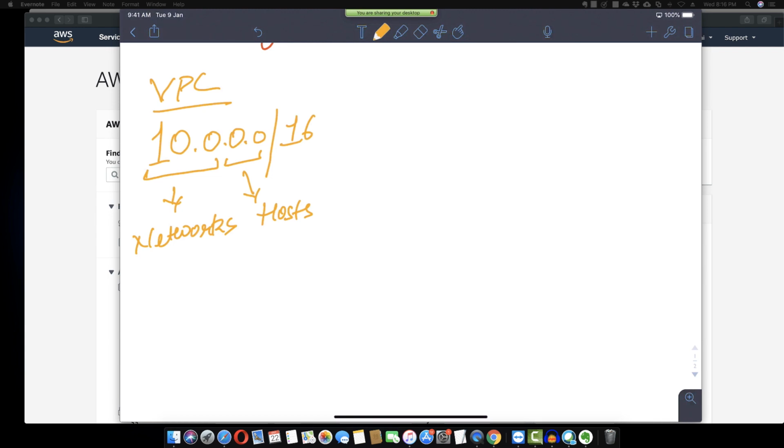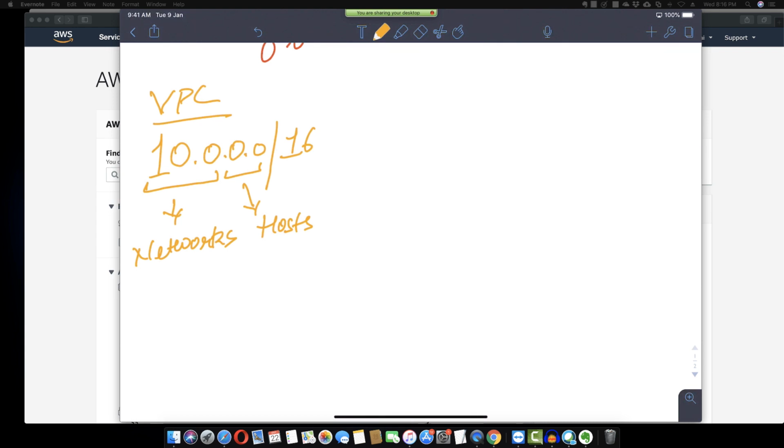Well, let's do one thing. Let's carve out the subnets out of it. So how do you extract the subnets? Basically, in the VPC, you add on 8 more bits. So 16 plus 8, 24. Okay. So now let's segregate it further. Let's add 8 more bits to the networks and let's create the subnets. So I start with my subnets like this. I start from